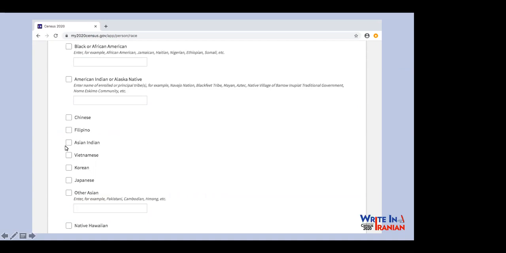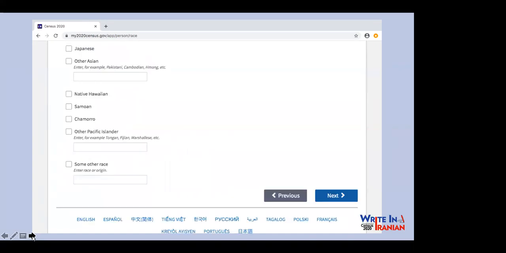Maybe there's an Iranian Chinese person that's half Chinese, half Iranian. There's also other Asian. For example, they give some examples here: Pakistani, Cambodian. There's also some other race. There is no box for Middle Eastern, North African, MENA race. So if you don't self-identify as white, you can, for example, click some other race